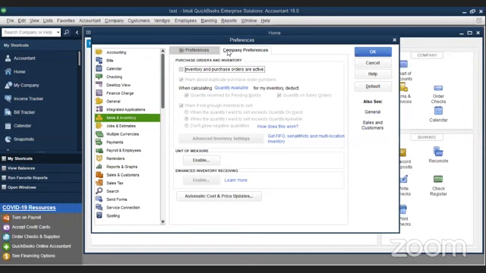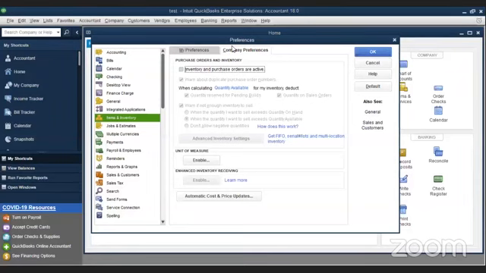In items and inventory, you will see a line item saying inventory and purchase orders are active. Why I came to this window is that whatever inventory you're going to buy or sell will have to work through a purchase order. And when you're selling, there'll be a sales order, sales estimate. In other words, everything should be updated as in a normal company. But if you don't do this and move forward with the updation of inventory, your inventory will not get updated with your respective purchases and sales.